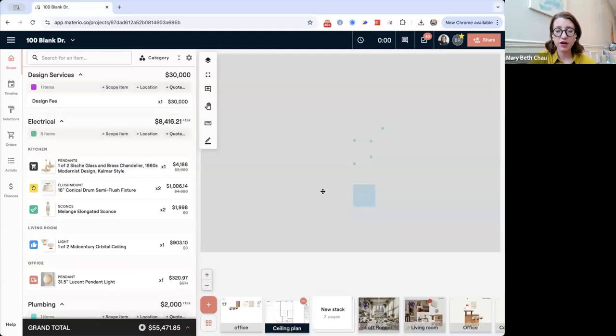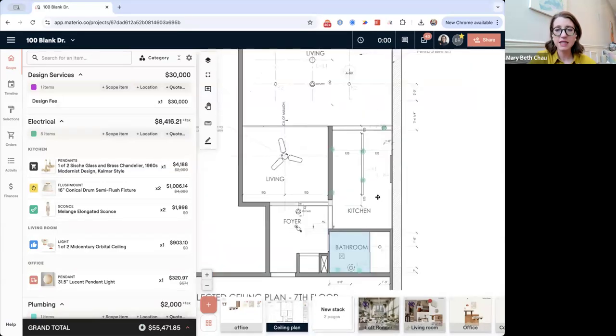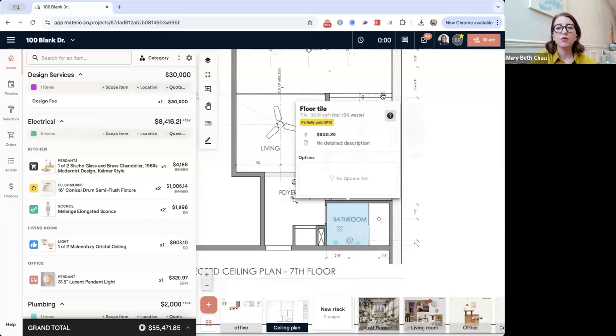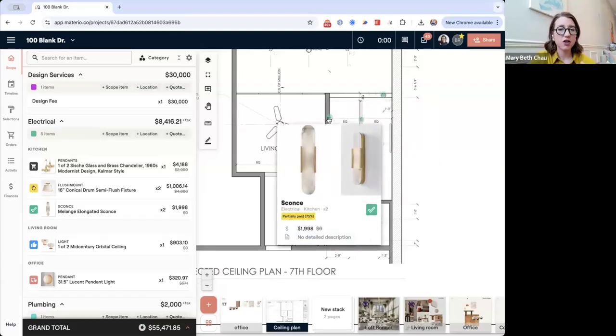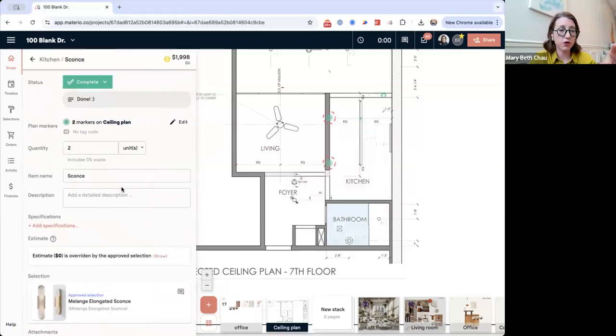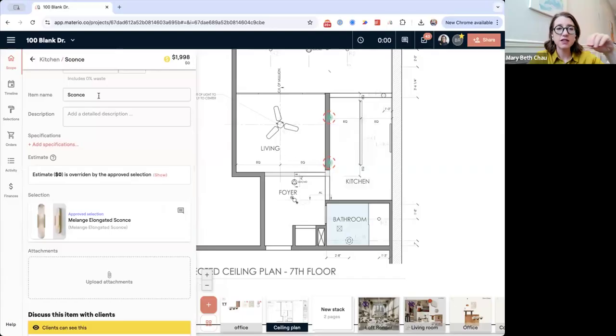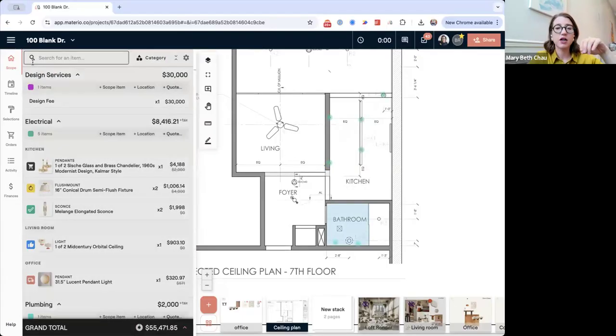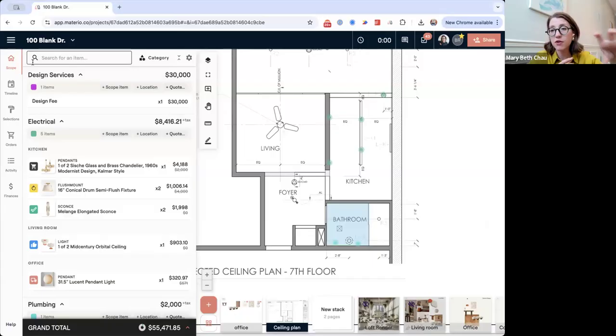This is a great example of a more filled out project, not tons, but we can see here we've got tile, we've got lights that are in the project. So you can see where Materio is going to use that to connect to the scope of work over here on the left. That's not only going to keep you organized and help your clients see where their investment's going and why it might cost a certain amount, but it's also going to be a really handy tool for getting that out to the field, keeping that field team organized